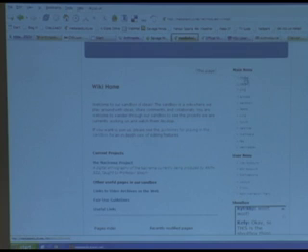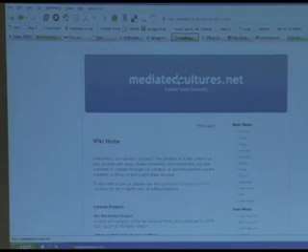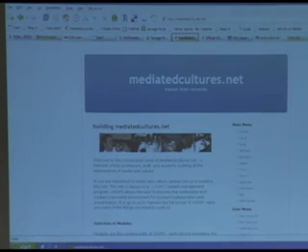Let's see here. We have lots and lots of different things on this website. This website is built on a content management system called Zoops. There are hundreds of these things that you can use. I won't get too much into that, but what you're actually seeing here is not really one website. It's actually many different modules. It's almost like the Legos of website building.